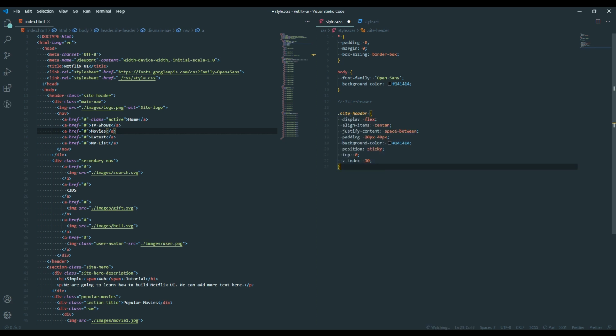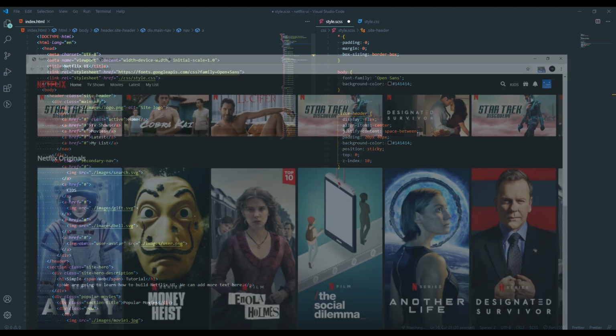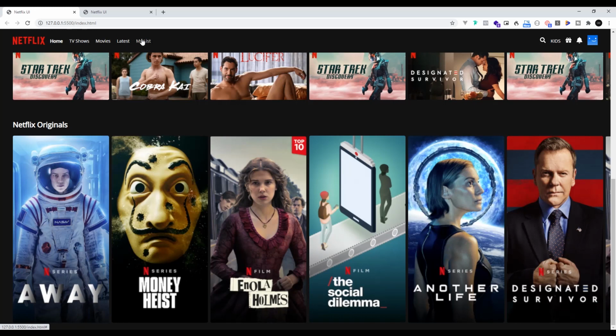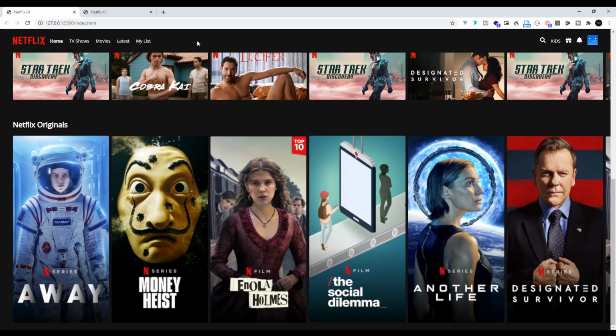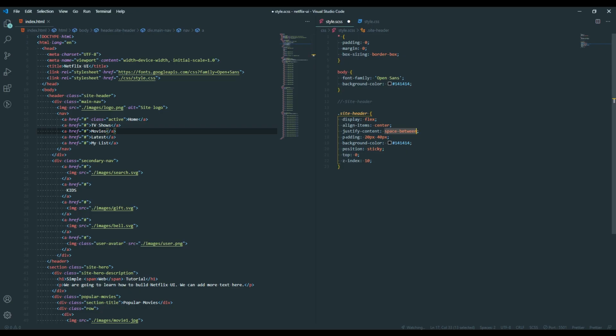I added display flex here, and of course we aligned items to center so that the alignment for this nav right here and right here is centered. Next, justify content space between. So they will have space between each other. That's why the main nav here is placed on the left side and the secondary nav here is placed on the right side. And then the padding of 20 pixels top and bottom, 40 pixels left and right, and